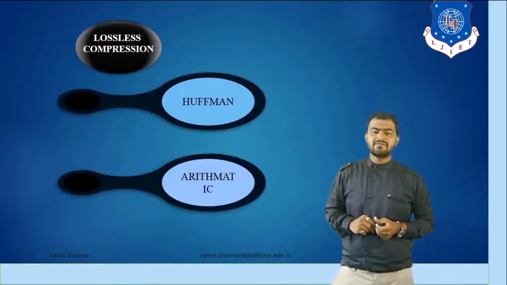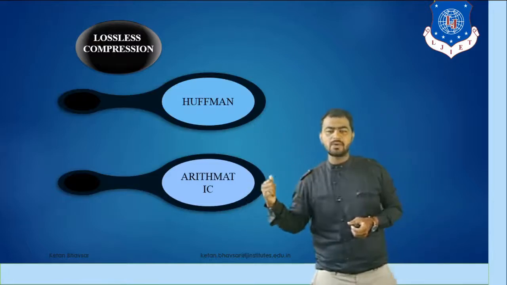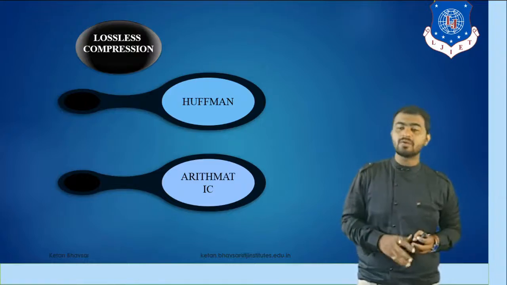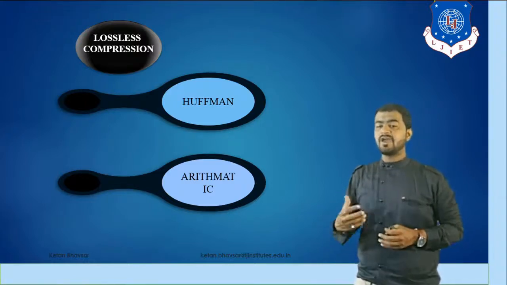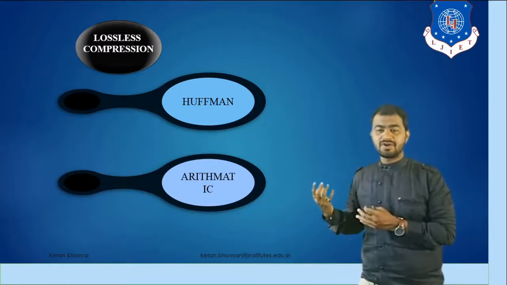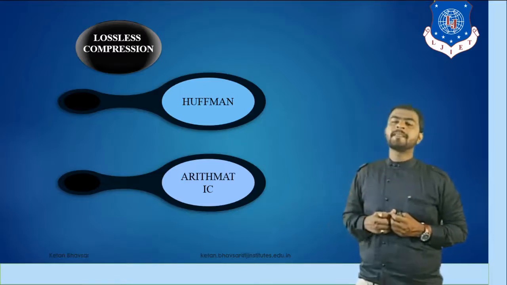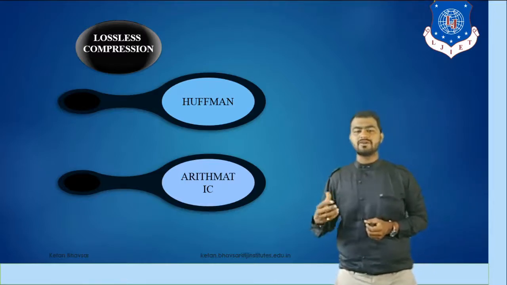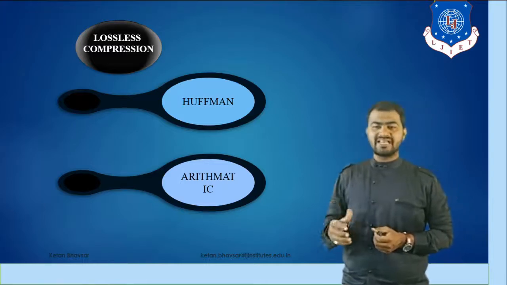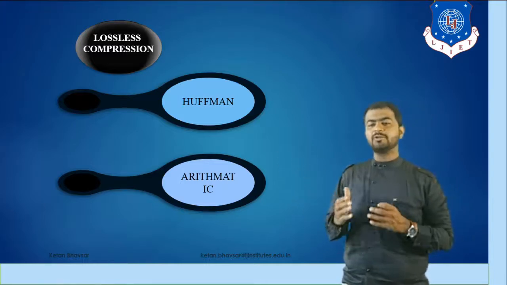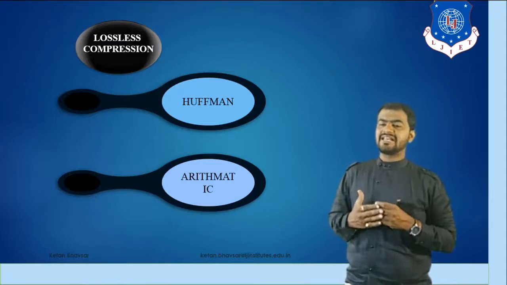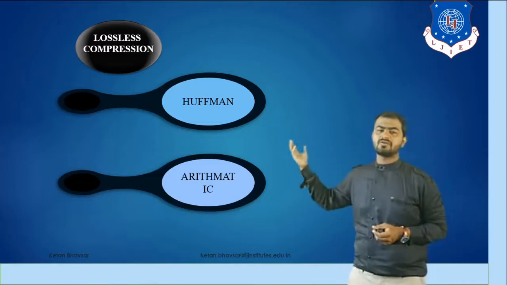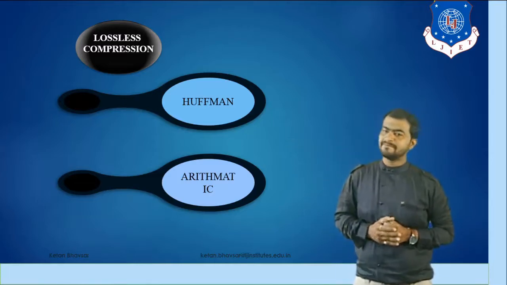Similarly, for lossless, we have two techniques: Huffman coding and arithmetic coding. In the previous session, we already discussed Huffman code, its advantages, and the steps we have to follow for data compression using Huffman coding. Also, we designed a basic tree, and with the help of the tree we derived the Huffman codes, with which we reduce the size of data, and that data is used for communication applications. So Huffman plays a main role in lossless compression.